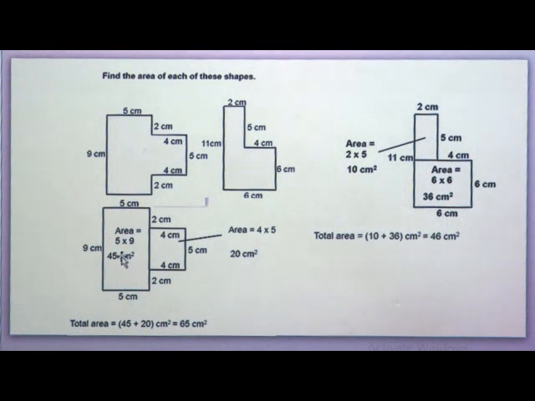Now, you know what the total area is. We can find the area of this rectangle. Area of a rectangle is equal to length into breadth. Length is given to us as 9 centimeter and breadth is given as 5 centimeter. So, multiplying, 5 multiplied by 9 is 45. It is the area, the inner part which is covered, so the unit we use is square, that is centimeter square. If it is meter, it may be meter square.